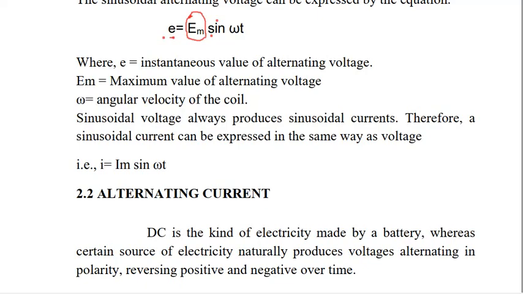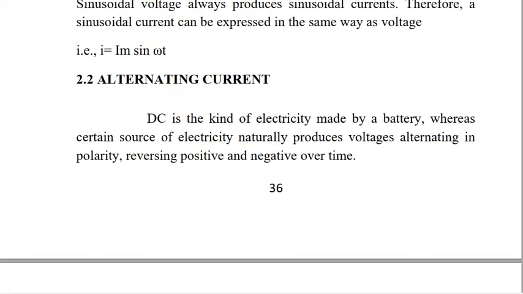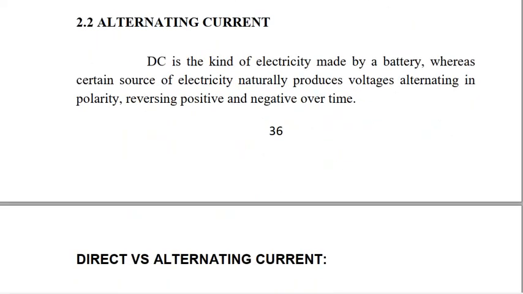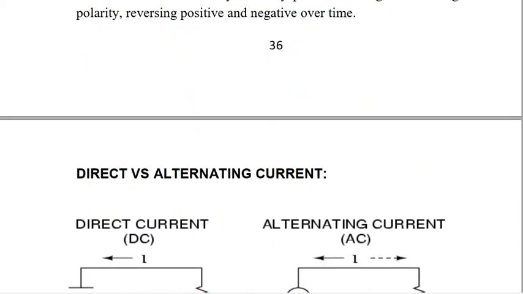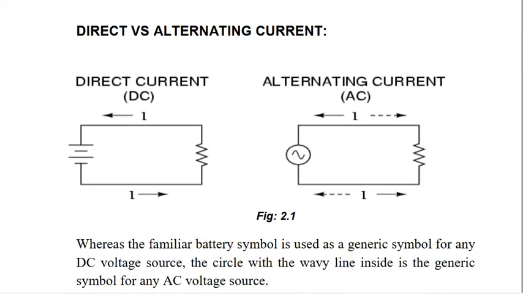Okay, and how to represent the alternating current. Let's see. In the direct current, I will use the plus and minus like a battery. I will connect directly. For the alternating current symbol, I have to draw a circle. Inside the circle, I have to draw the waveform. What kind of waveform am I using? If it is sinusoidal, I have to use the sinusoidal. Look at the current direction for the direct current as well as the alternating current.